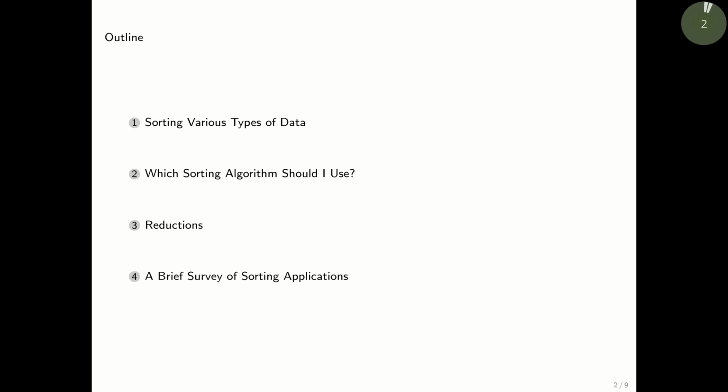Hi, welcome to this lecture on sorting applications. Here's the outline for the lecture. We'll first talk about how we sort various types of data, and then we will discuss the performance characteristics of